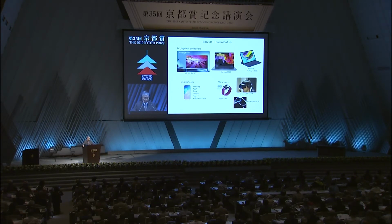So today's OLED display products range from televisions, where you can buy 88 inch 8K televisions from LG for a very high price. There's also laptops made with OLED displays, tablets, and the most important application, it turned out, is in cell phones. You also have applications in watches, and AR and VR applications as well. So from this